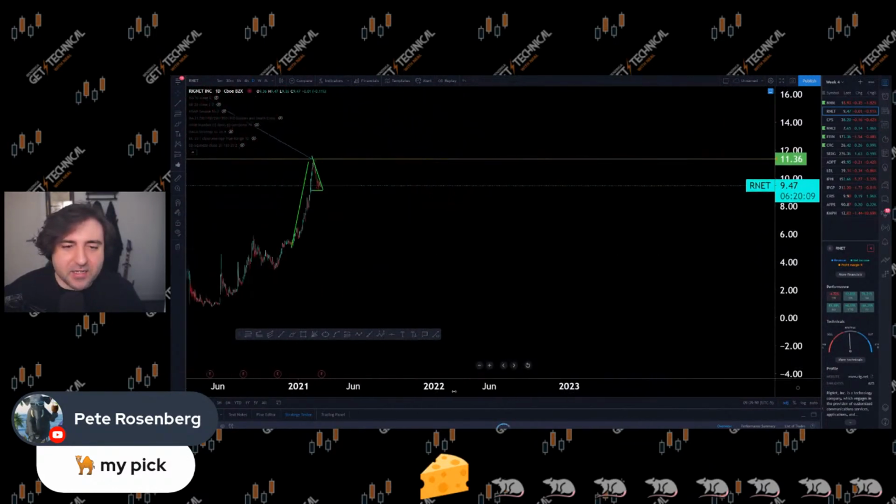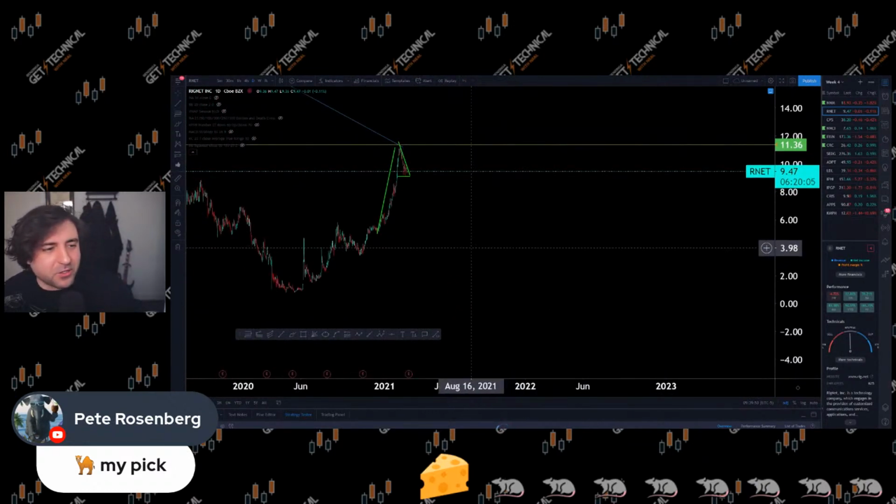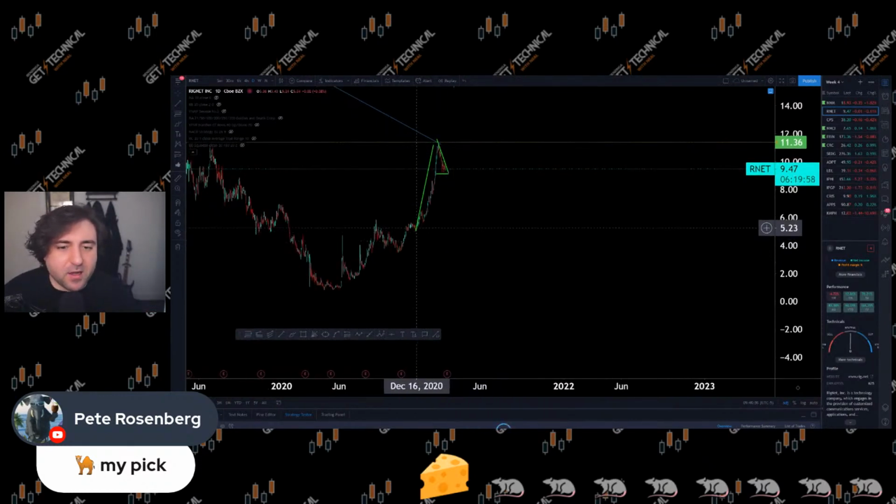So what we've got is a high tight flag. This is a very rare holographic, very highly tradable card. This is the high tight flag. We talked about it yesterday. And basically it's characterized by a 100% movement up and a period of consolidation that doesn't go down more than like 25%, indicating that this really high move up is just the beginning of a continuing period of accumulation for institutional funds, right? Because if it had a really high move up,